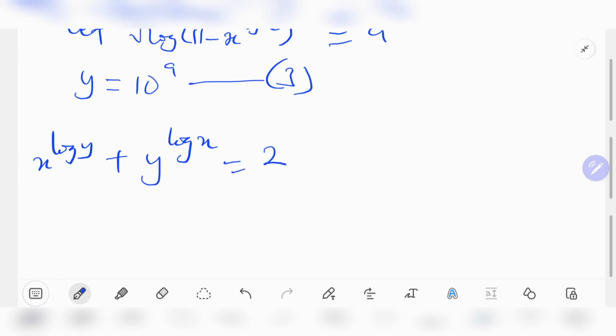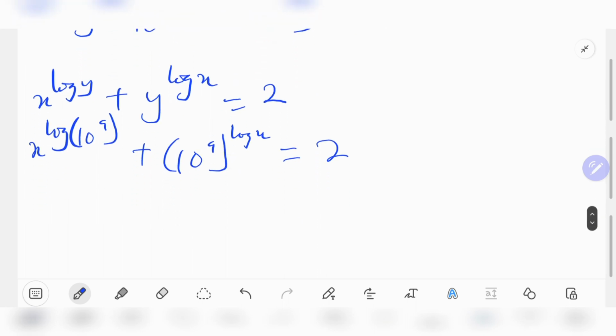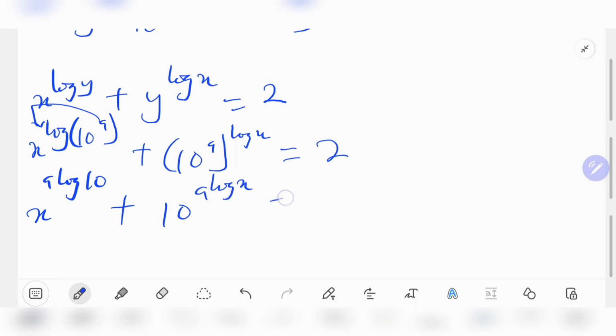equals 2. So replacing y with 10 power a, we're going to get x raised to the power log of 10 power a plus 10 power a raised to the power log x equals 2. So we're going to get x, this a travels to this side, so we're going to get x raised to the power of a log 10 plus this gives us 10 raised to the power a log x equals